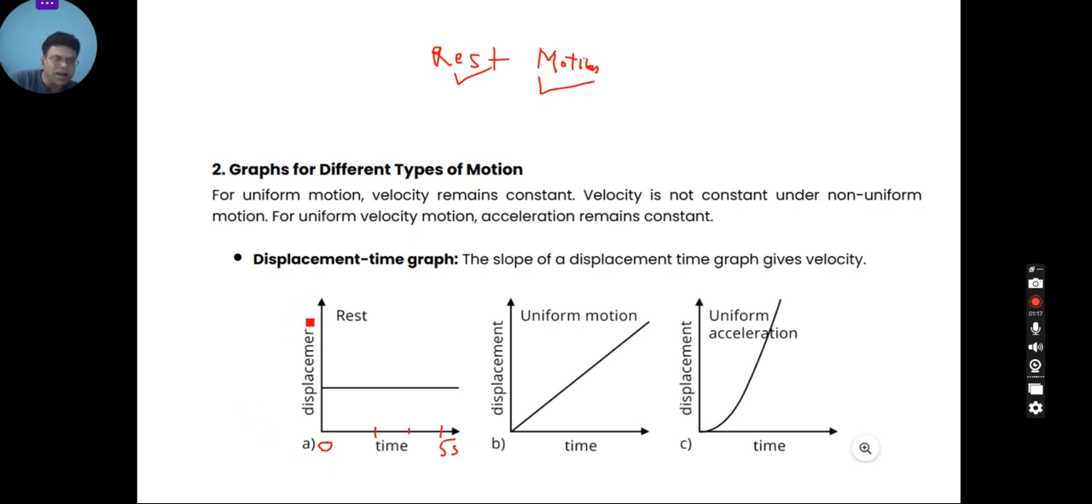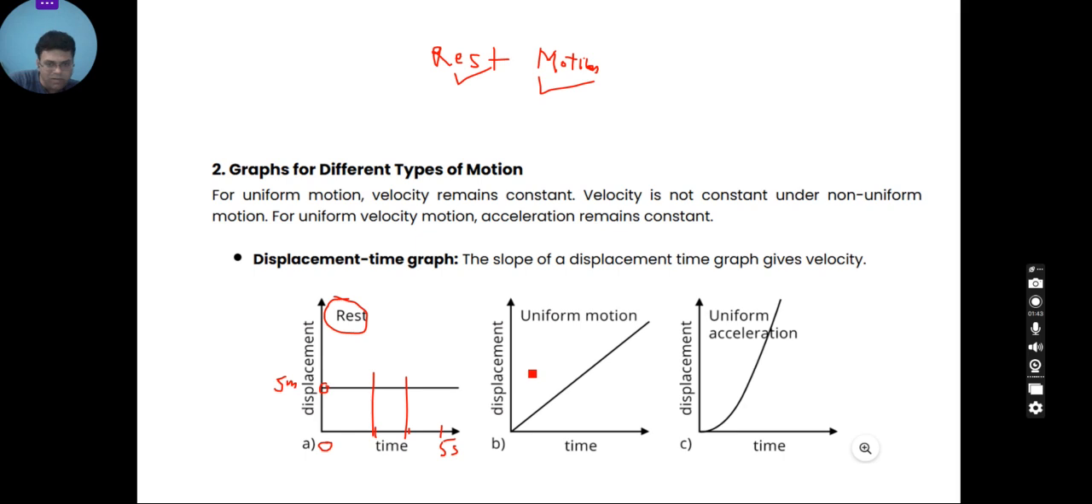If you see, that is the distance the object has traveled. Initially, the object was kept at, let's say, 5 meters. Okay, so if the object was placed at 5 meters, it is not increasing. It remains at 5 meters till the end of the time. So that means the object is basically at rest, because with time the displacement is actually not